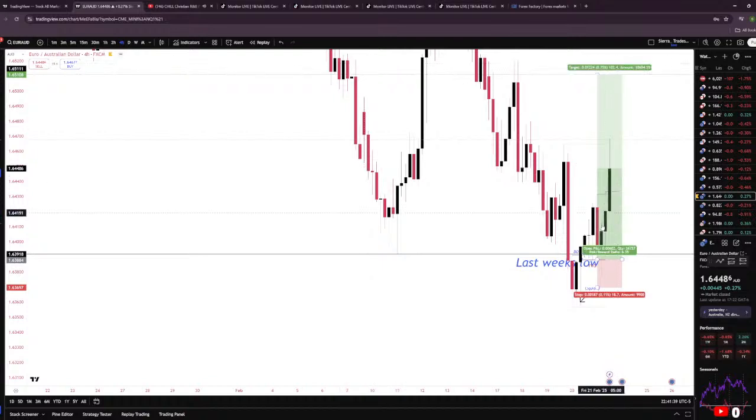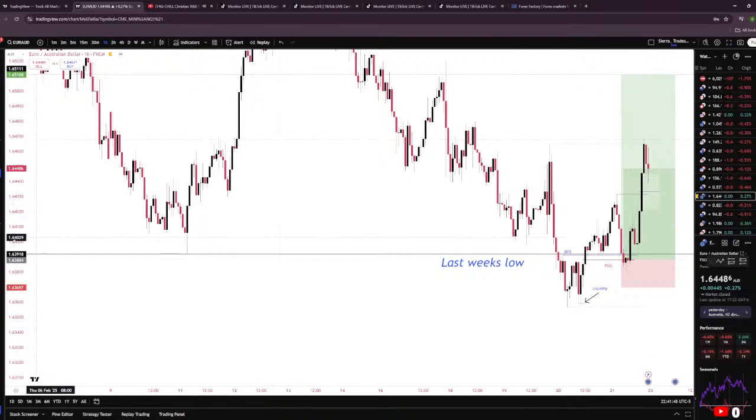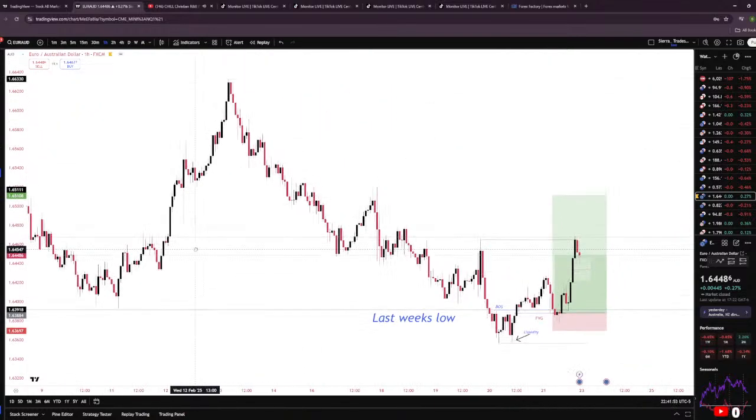Okay, and we even have a gap here. So we'll see if we're going to get into this buy next week. I think price also even broke out of a trend line, because as you can see, we had this downtrend